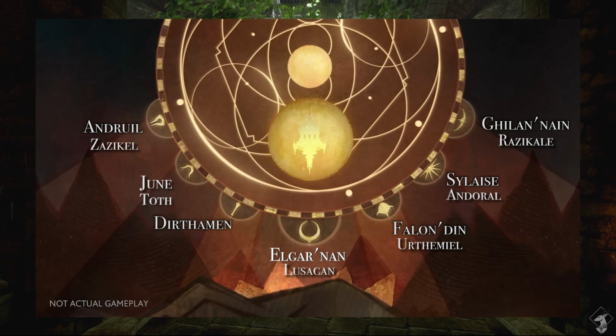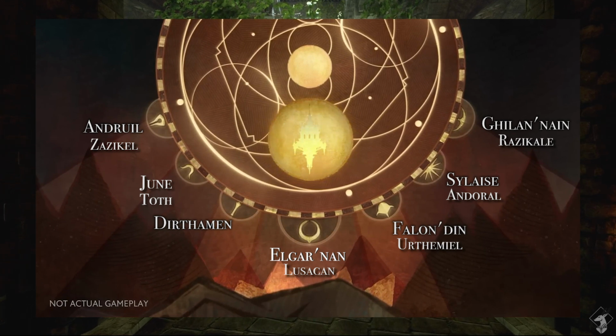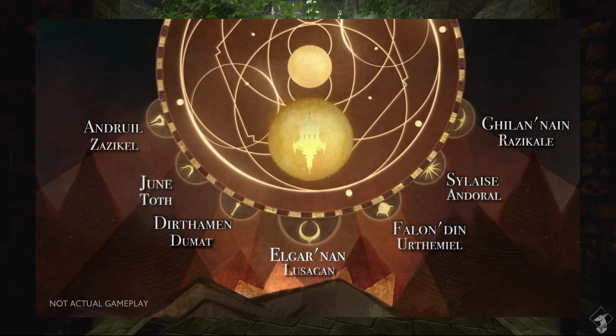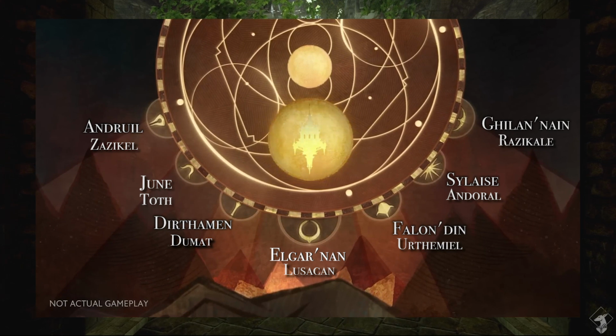Maybe like fire creates, fire destroys. I don't know. And then that leaves Dirthamin with Dumont, which I guess sort of works because Dumont's the god of silence and then god of secrets. Now, frankly, I do not feel good about the old god lineup,